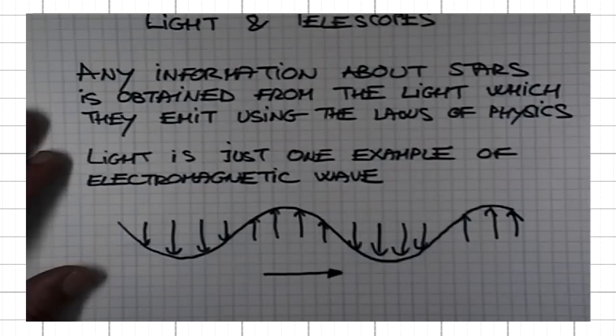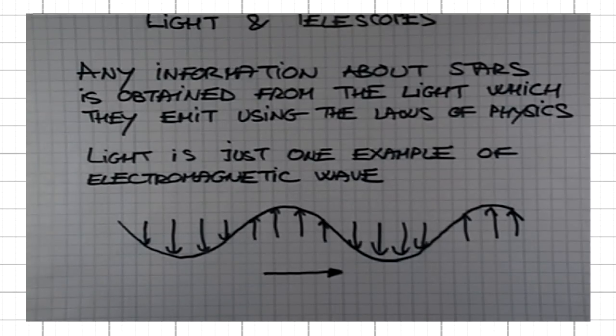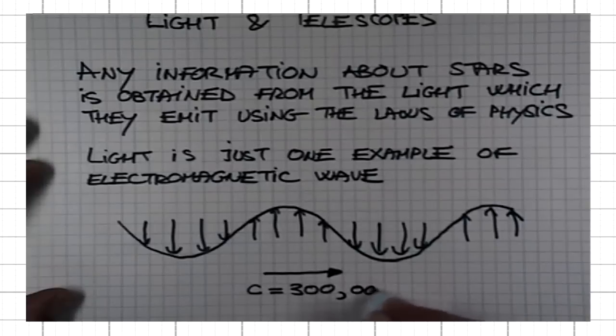waves are always propagating. Unlike the waves, say, on a guitar string or piano string, which are actually standing waves where the two ends of the string are fixed, right? Here they are propagating with the speed, in vacuum, of 300,000 kilometers per second.